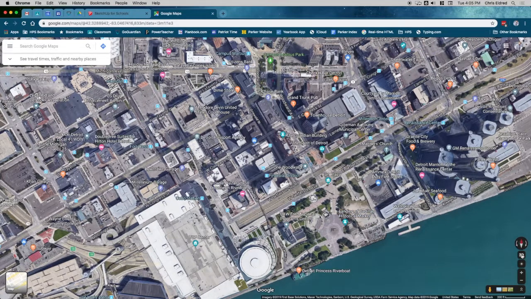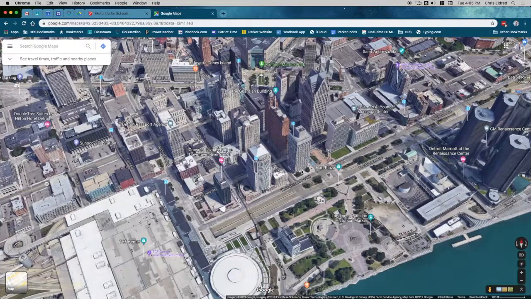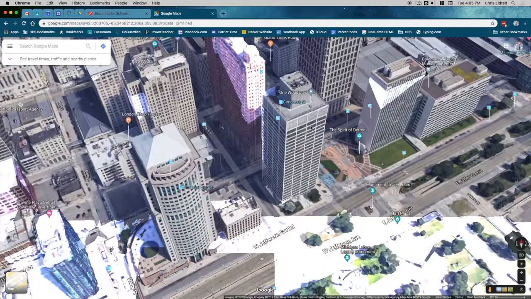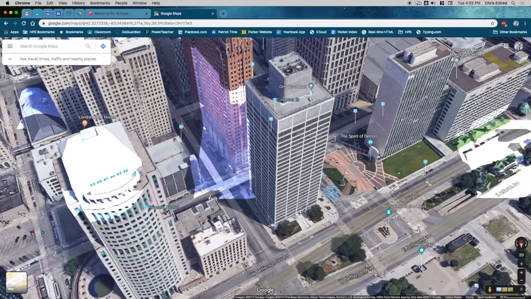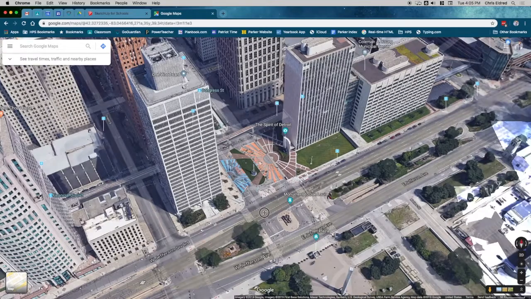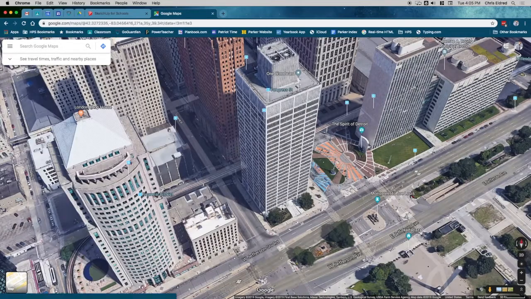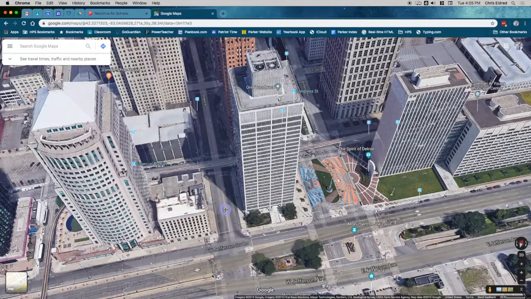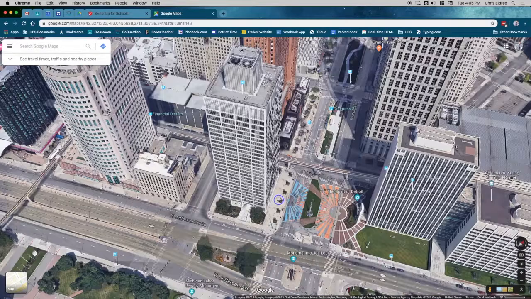I'm going to click over here on the button here. It says 3D. I'm going to zoom in here. And I'm going to do number 1 Woodward here. This guy right here. 1 Woodward. And you guys can click and scroll up pan here. And I think if we control click, it will let us orbit. Yep, it's letting me orbit here. Okay, so